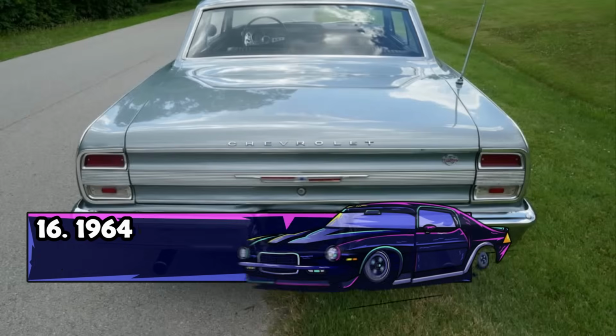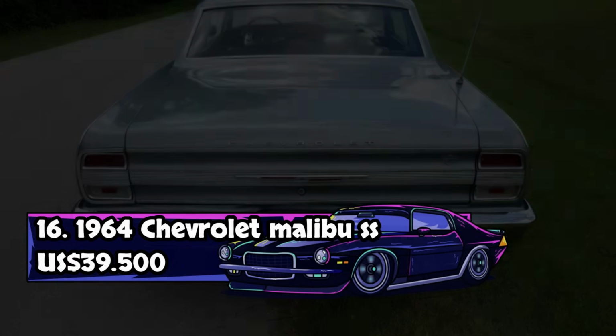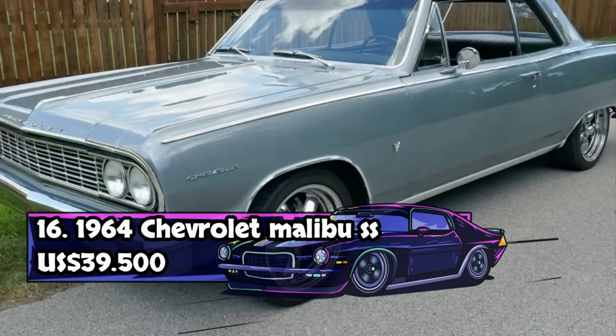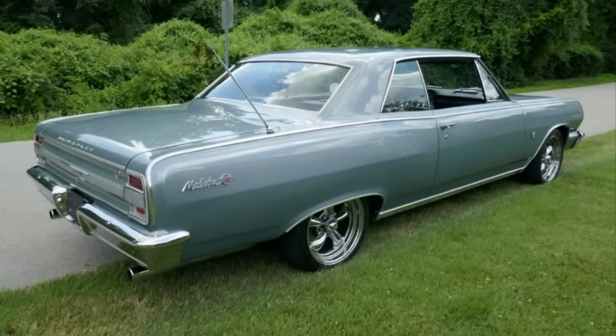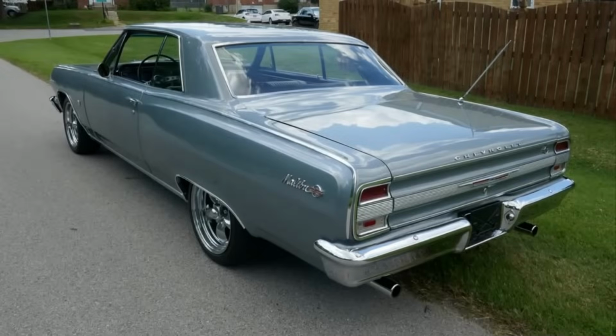Number 16. This 1964 Chevrolet Malibu SS, offered at $39,500 and located in St. Louis, Missouri, is a genuine super sport model that blends factory styling with serious performance upgrades and modern comforts. Finished in its original silver-blue poly paint over a black bucket seat interior, this rust-free Chevelle presents as both show-ready